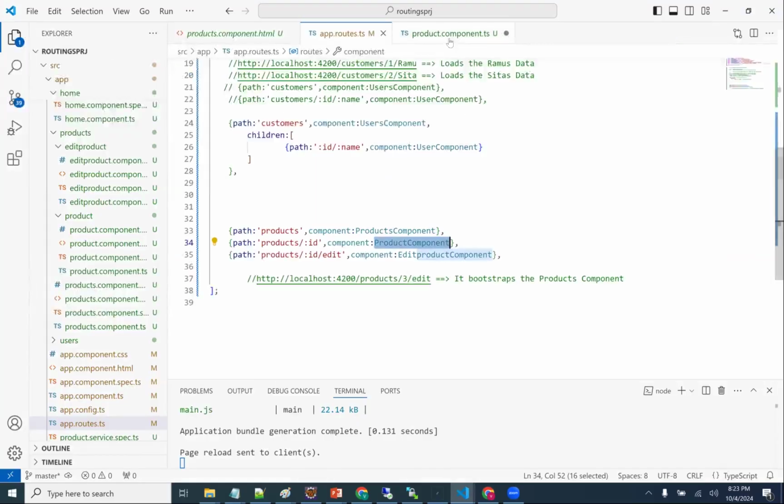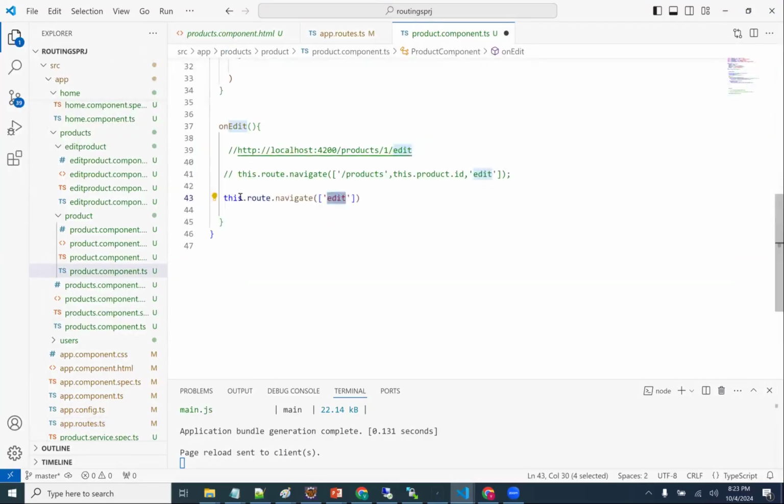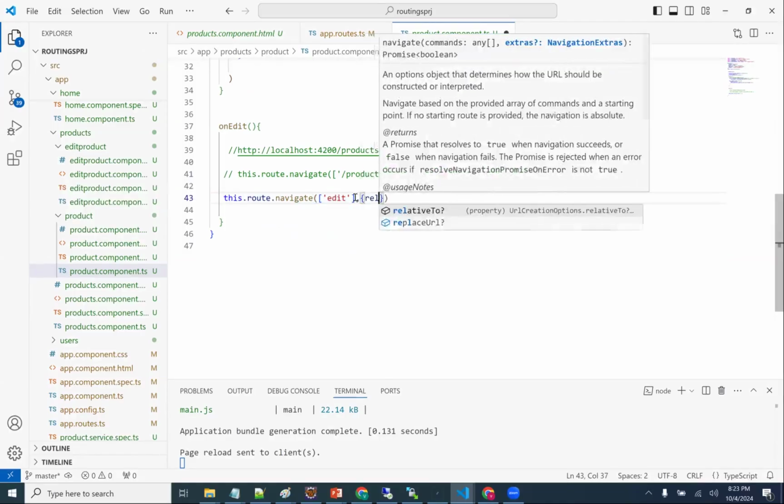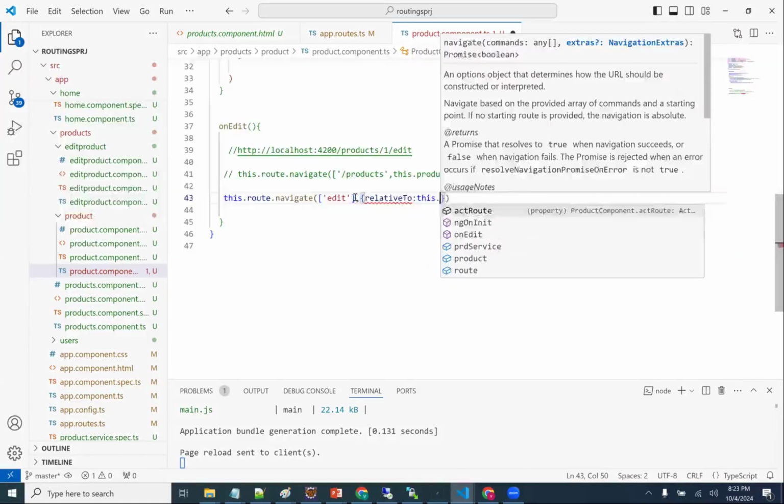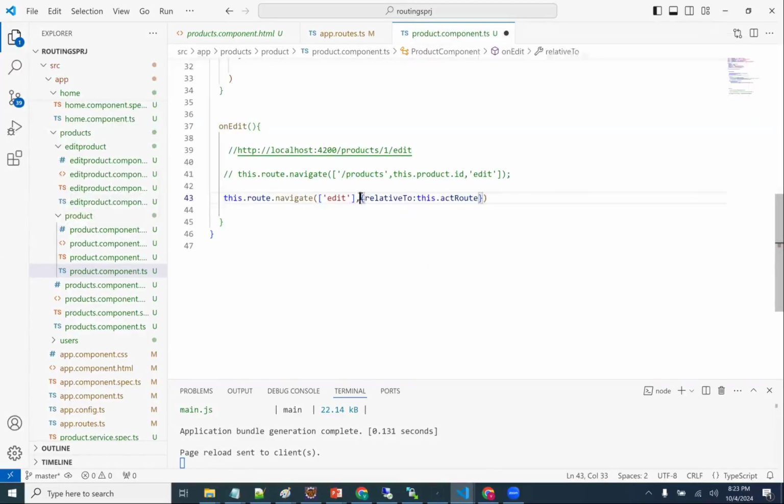So what I can do here, from the activated route, the current path, I'm taking the relative path. I need to go to edit, comma, relative to this dot activated route. Please take the current path. What is my current path here?